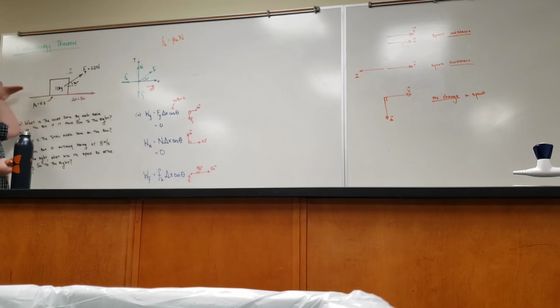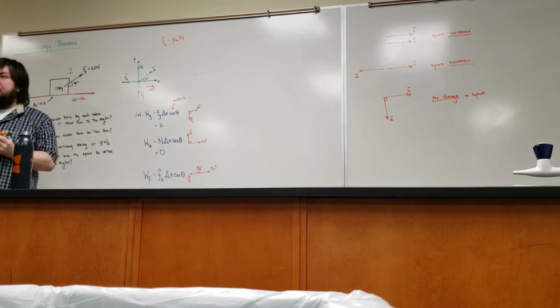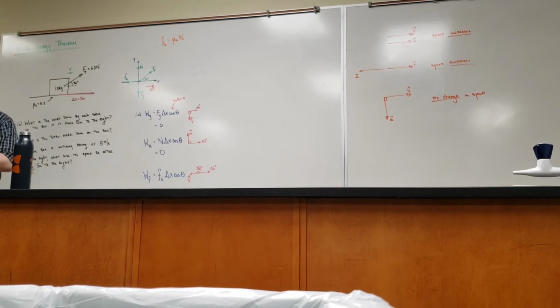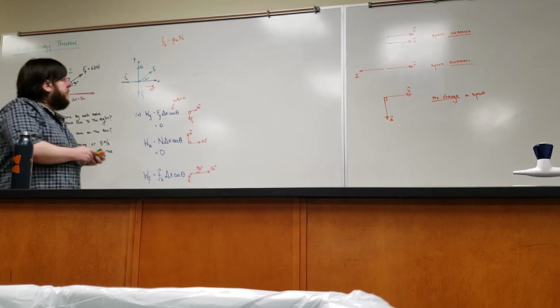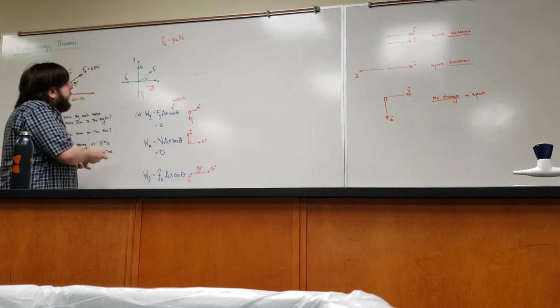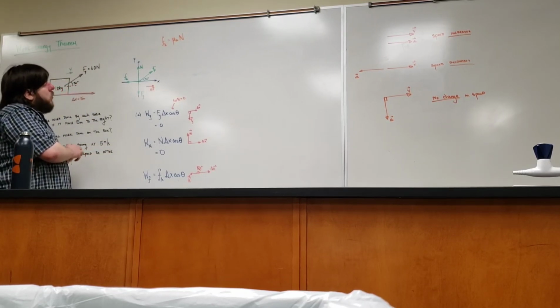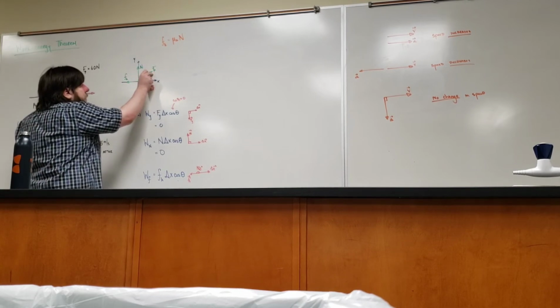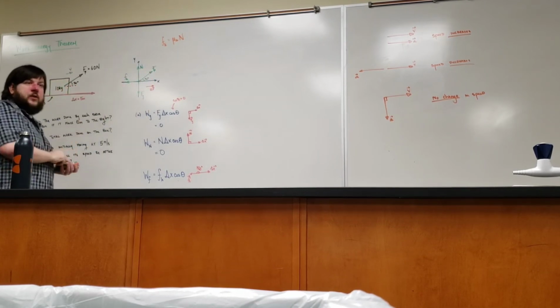Because this box has no vertical acceleration. This box's motion is purely horizontal, so it has no vertical motion, meaning that the forces along the vertical axis should be balanced. Okay? Before we can balance them, though, we have to break up the pulling force into its